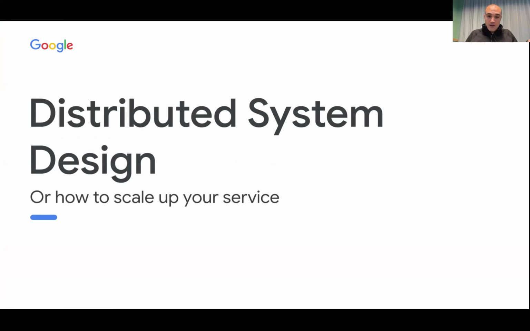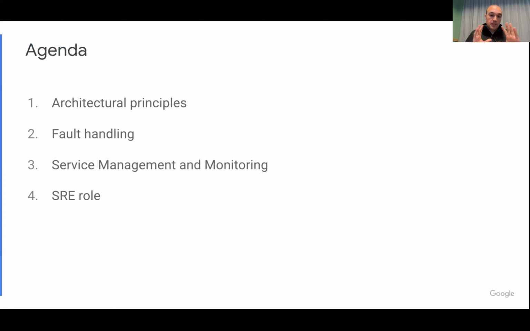So what we are going to be covering today is basically 4 things, right? And then you let me know if there's something else that you want to know. The first one is architectural principles. You go from a system that is running on one of your machines in your development environment or whatever, and then you have to distribute it for multiple reasons. There is scale, but there is also things like resiliency, right?